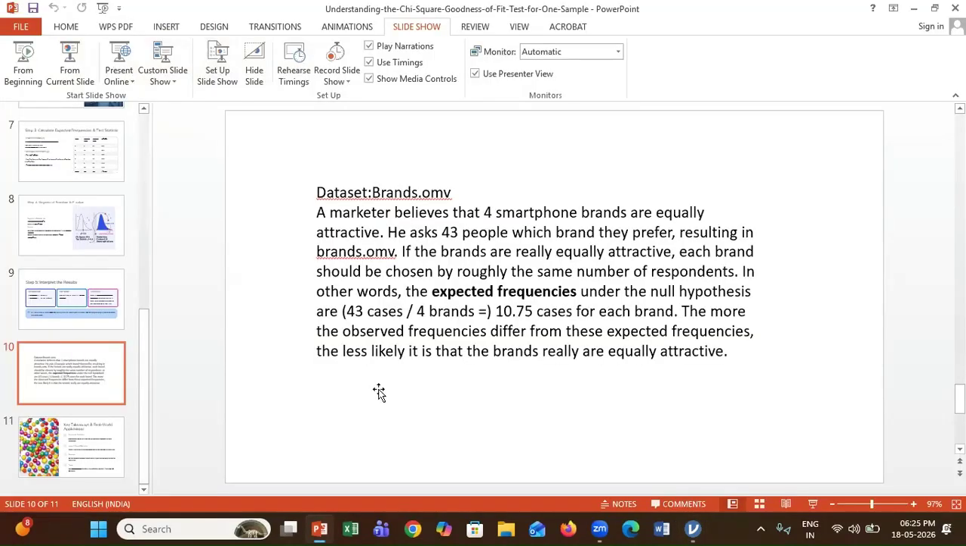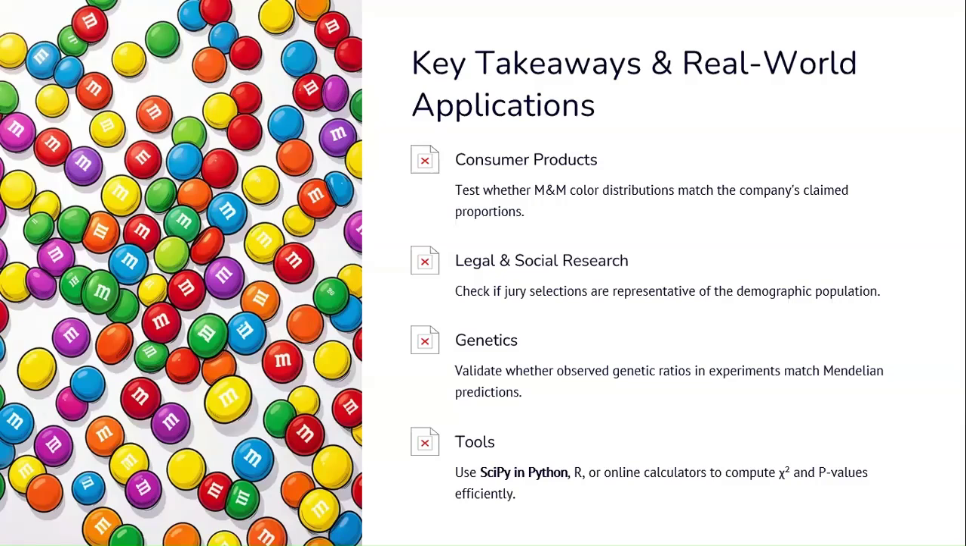Let's move back to the presentation. To summarize today's session, the chi-square goodness of fit test helps to compare observed and expected frequencies for a single categorical variable. It is useful in many real-world situations such as checking product quality distribution, studying demographic representation, and validating